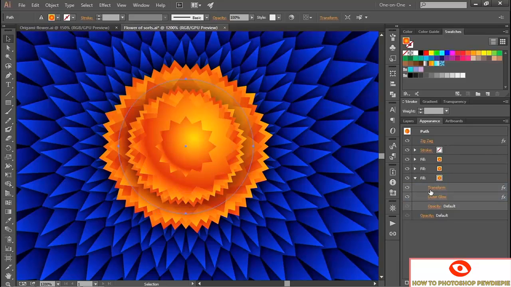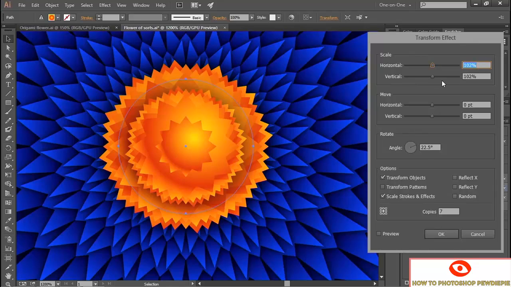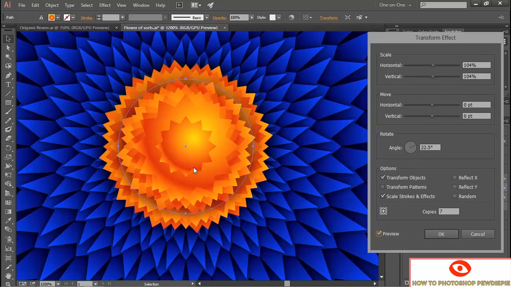And that'll go ahead and duplicate Transform and Outer Glow onto that fill, at which point I'll close the bottom fill and open the top one. And I'll click on the second occurrence of Transform, because the way effects work inside the appearance panel is the earliest effect is on top and the later effect is underneath it. So it's the second transform we want to modify. Go ahead and click on it. And this time we'll take both the horizontal and vertical scale values up to 104%. Click on a preview checkbox and you can see that makes that fill a little bigger, at which point you